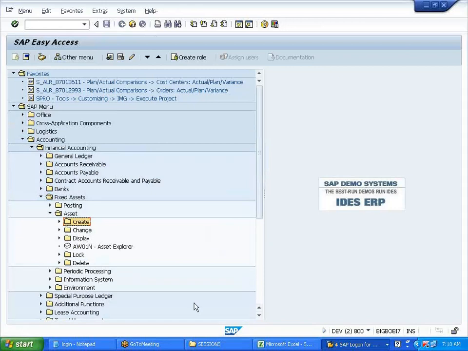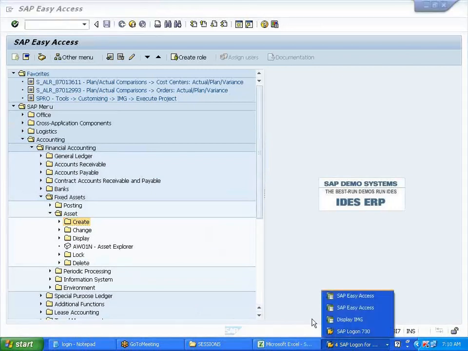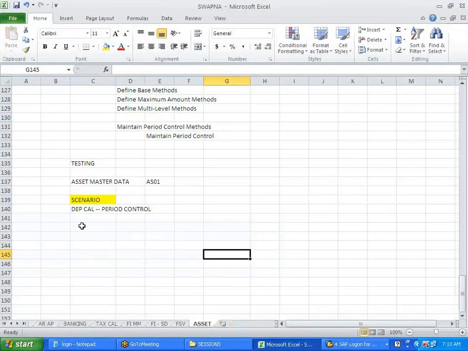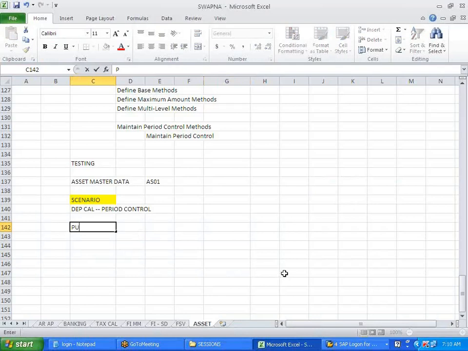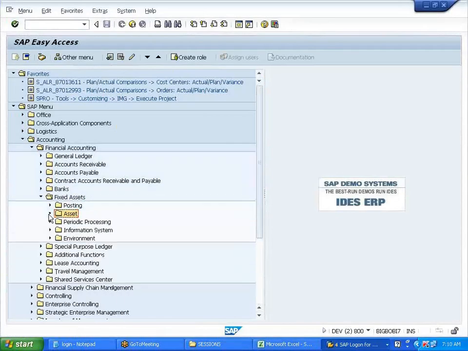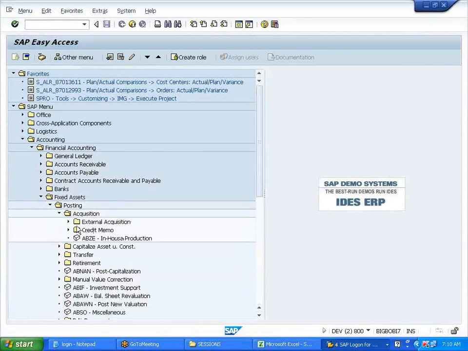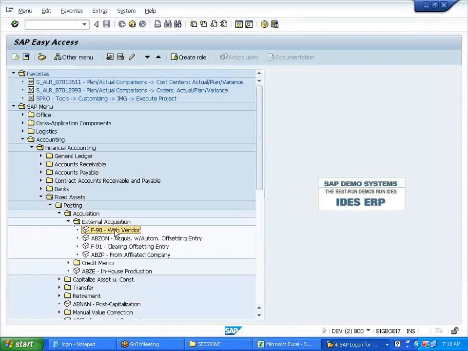Now I'm going to purchase this asset. So here I'm purchasing the asset through F-90. Acquisition, external, through vendor.